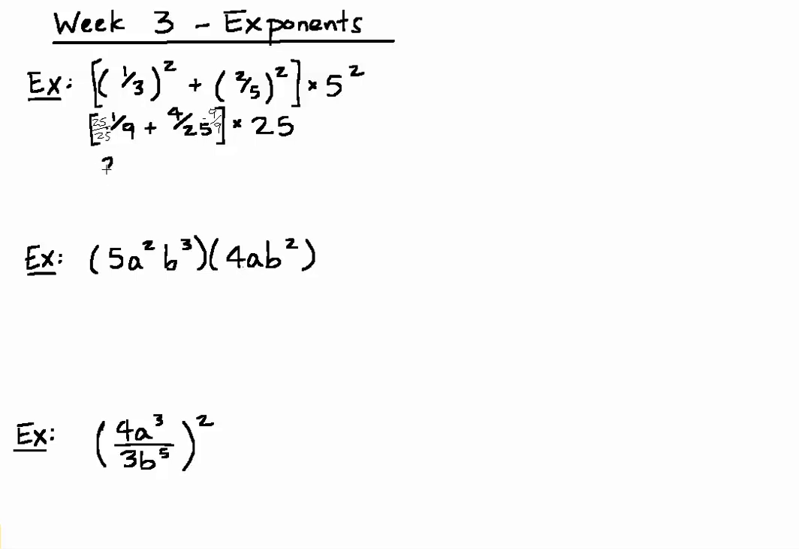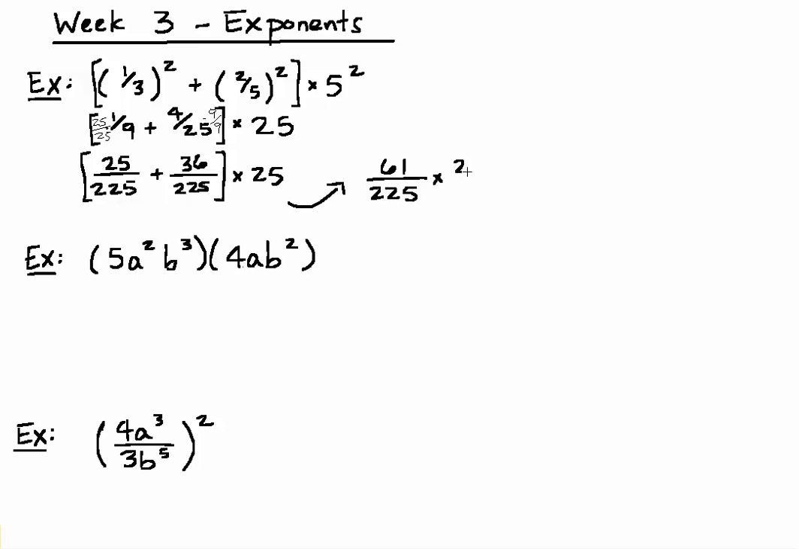So 25 over 25 times 1/9 is 25 over 225. And then 4 over 25 times 9 over 9 is 36 over 225. And now that our denominators are the same, we can then add the numerators. 25 plus 36 is 61 over 225